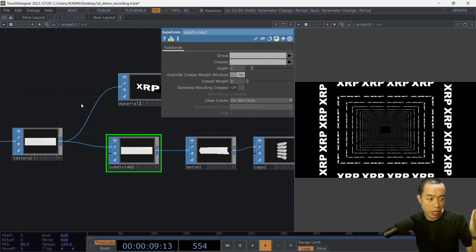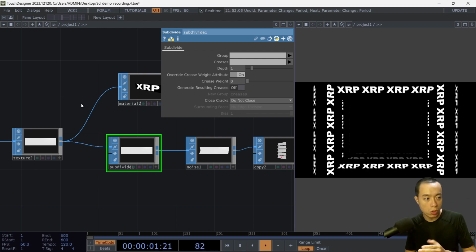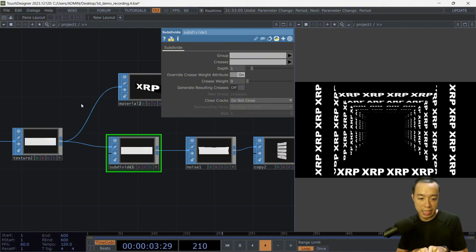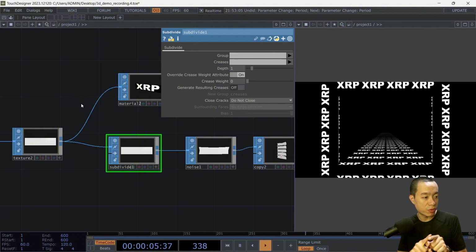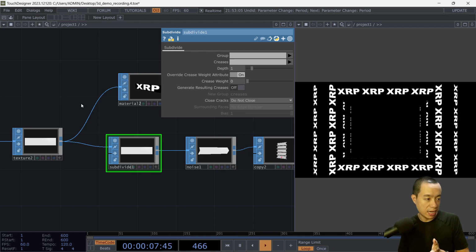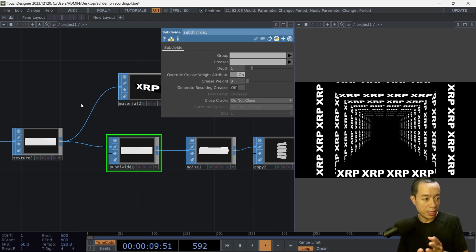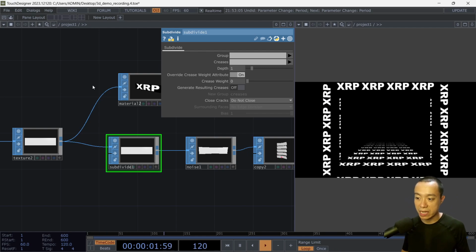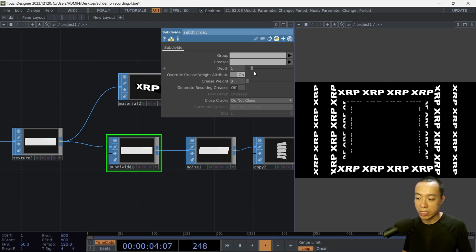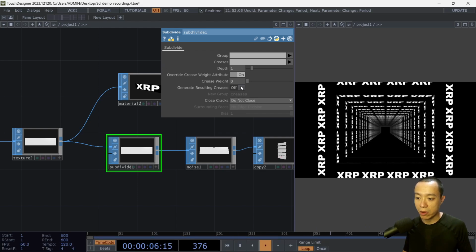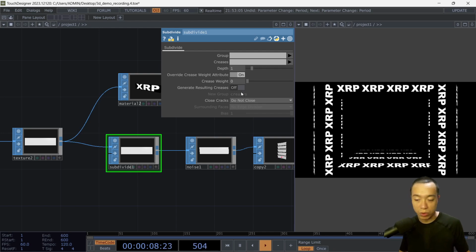Okay, that's why it's called subdivide, because it's going to basically make a midpoint between the geometries, cut it in half, and the more you increase the depth over here, the more you're going to see the object becomes smoother because there's more geometries. Okay,